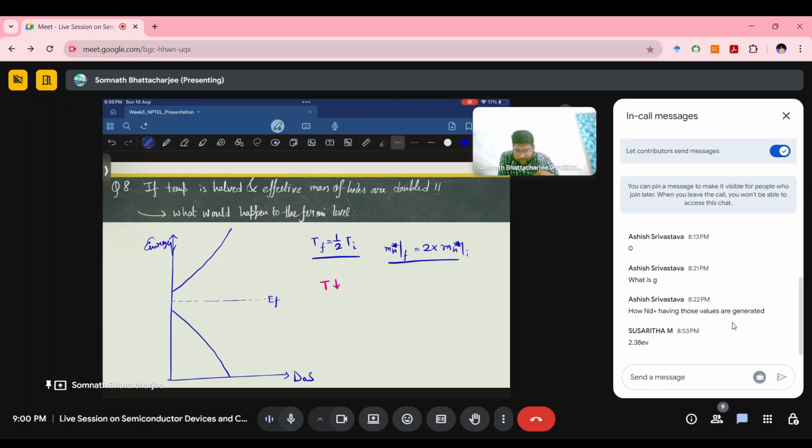The number of thermally excited electrons in the conduction band also decreases, because we are giving it less temperature. Based on that, what happens is that the Fermi level